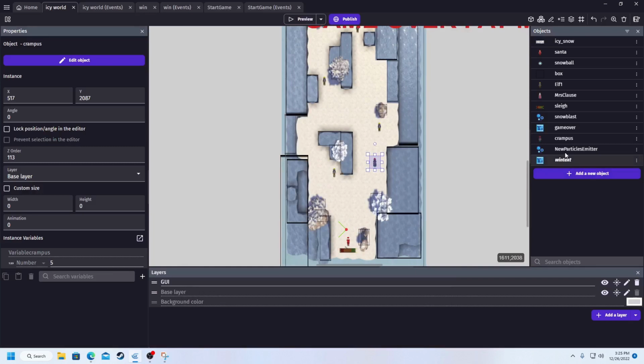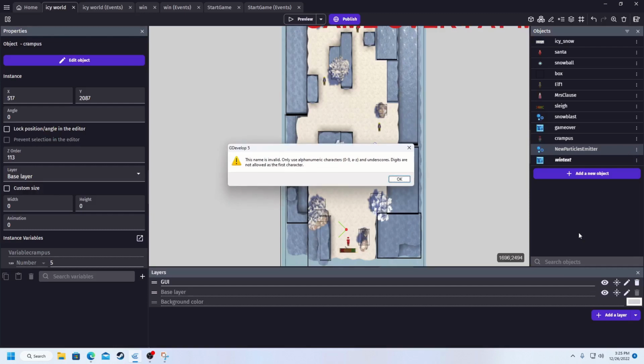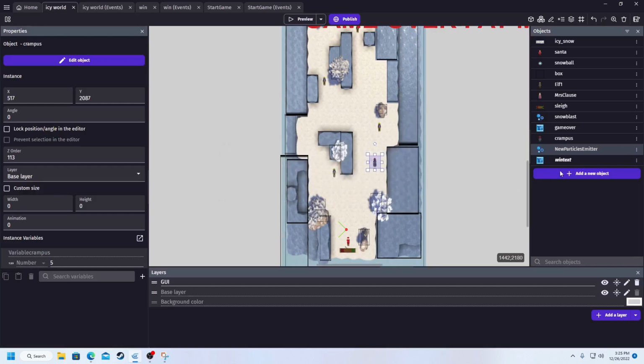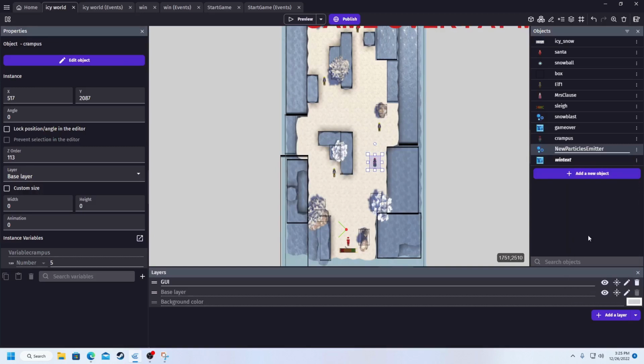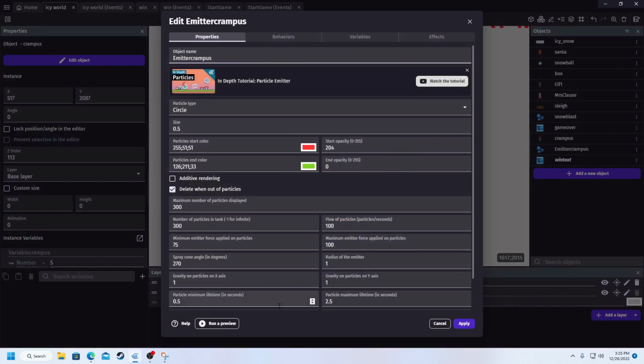Oh, they're a bit small. Right. Rename. I got a space in there. Rename. Emitter campus. Okay. So